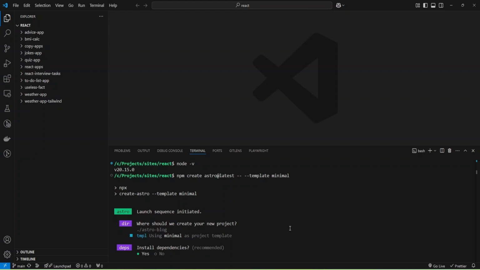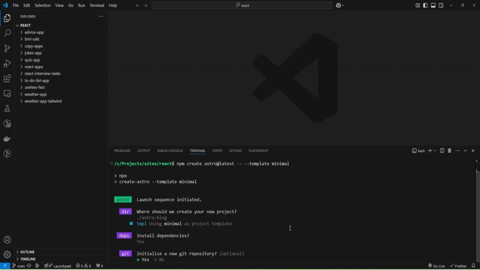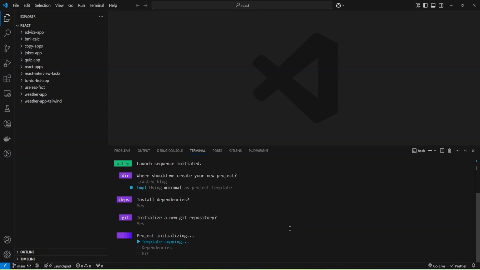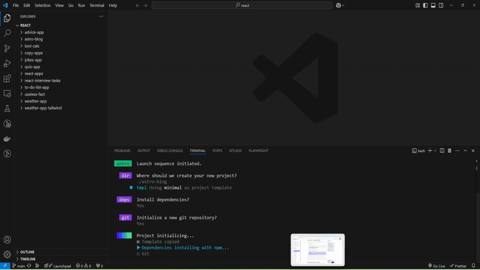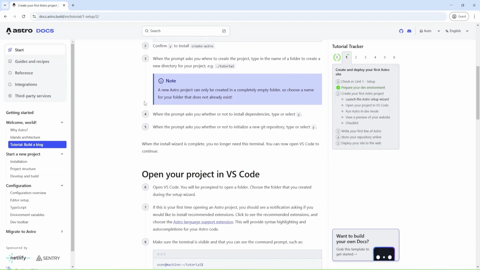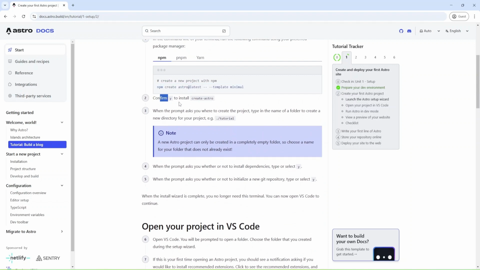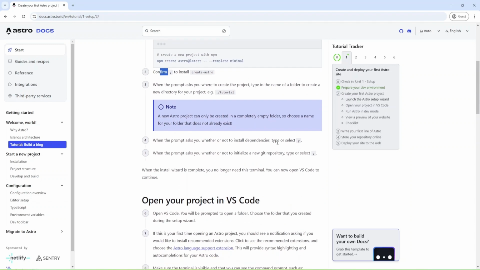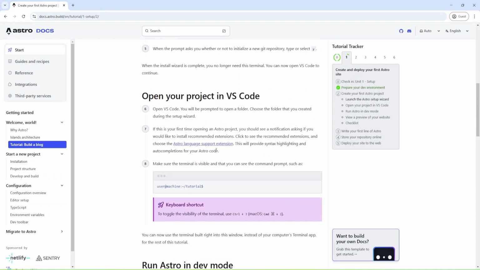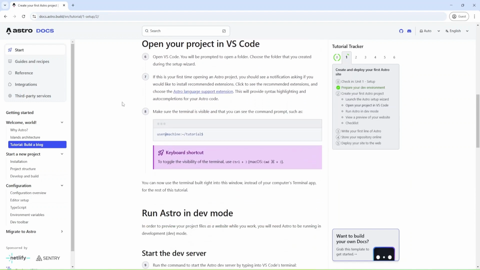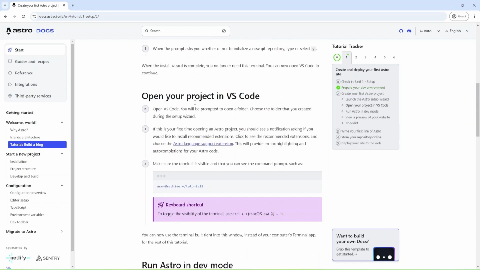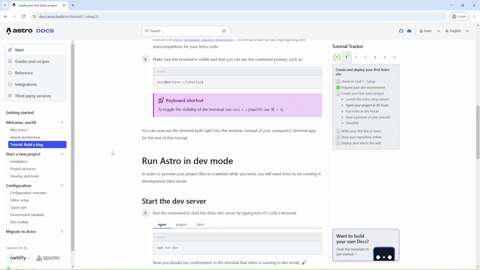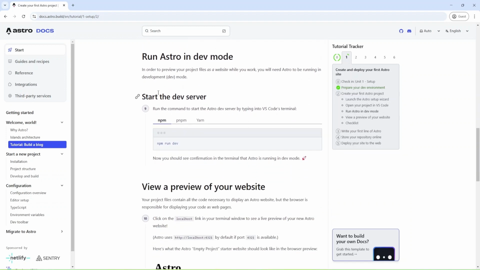Okay, and install dependencies and init git repo. Okay, and let's check what I have next. Okay, we agreed to GitHub and to install dependencies, and then we can open the project in Visual Studio Code or any code editor that you are using, and then we can run Astra in dev mode.